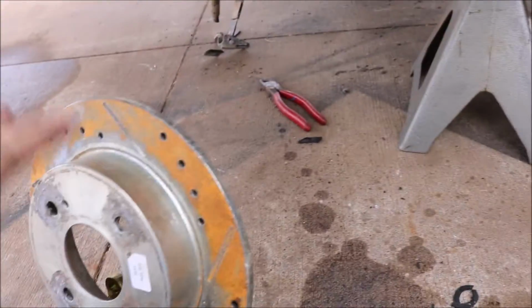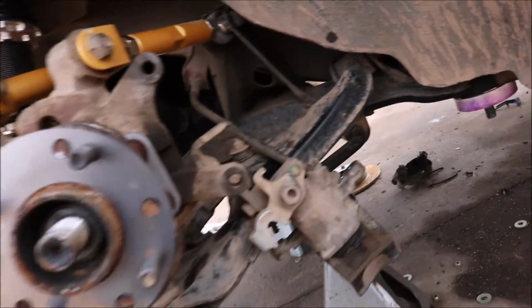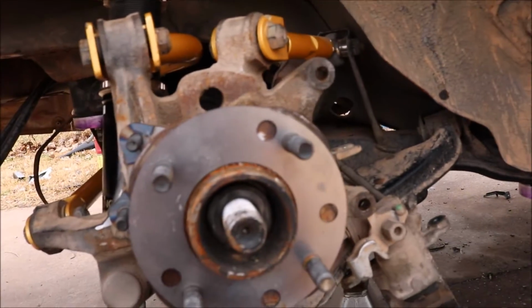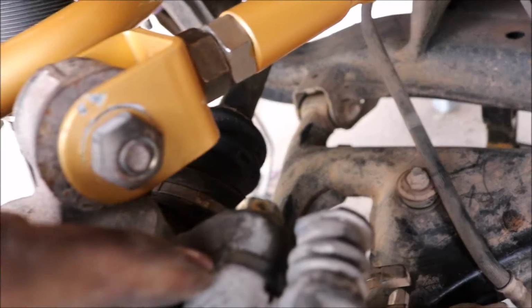Spacer, then caliper, hub on together, supplied nuts, and then you can bolt your factory caliper up when you install the spacers. Wherever I put the spacers, here they are. We're gonna put the spacers behind the mounting bracket. I'll show you when I get to that point. But now I'm going to put the caliper and rotor on and try to get the nuts on without killing myself. Where there's a spacer